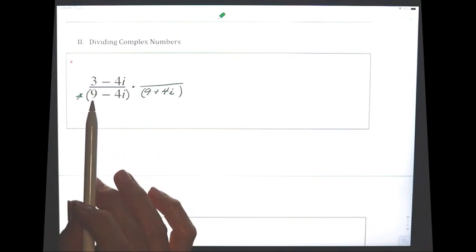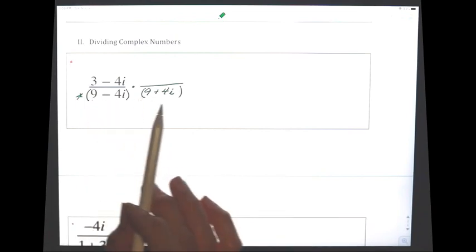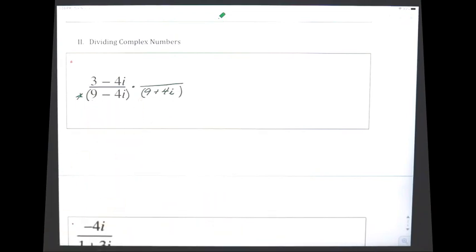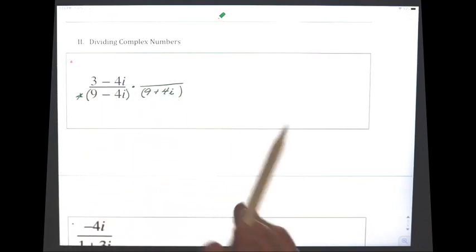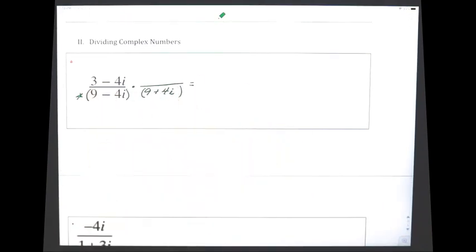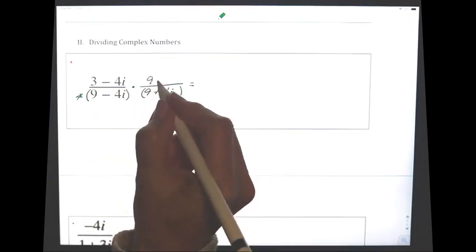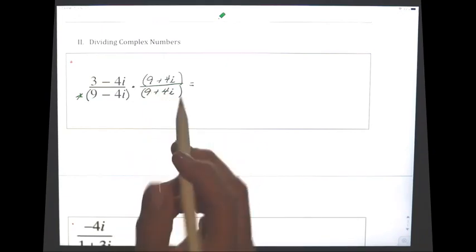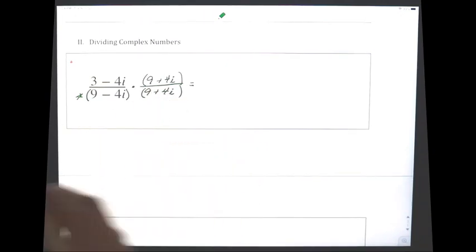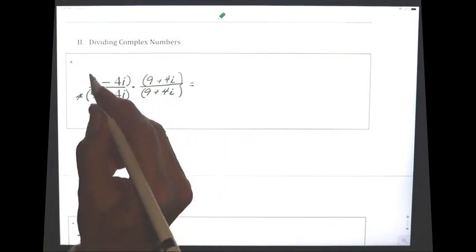So you don't change the sign of the 9, but you do change the sign of the imaginary part. If you are working with a fraction and you want to keep equivalent fractions, then you have to multiply by the exact same quantity, both numerator and denominator, because in essence here you've multiplied by 1. So let me get everything enclosed in parentheses